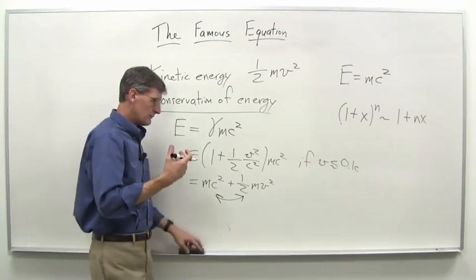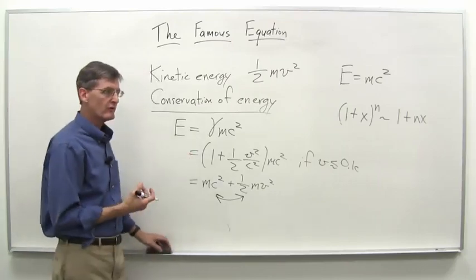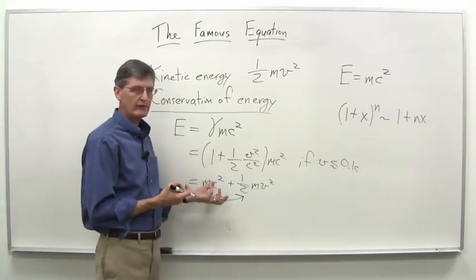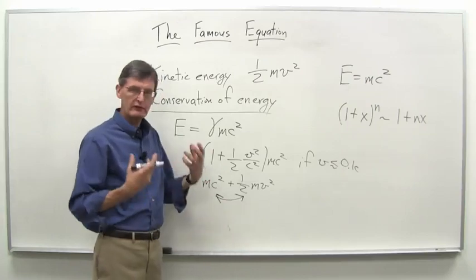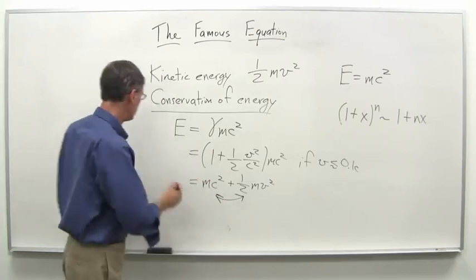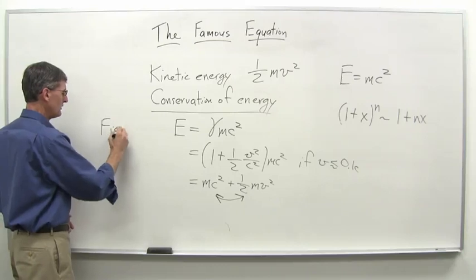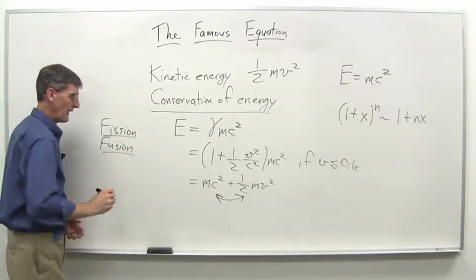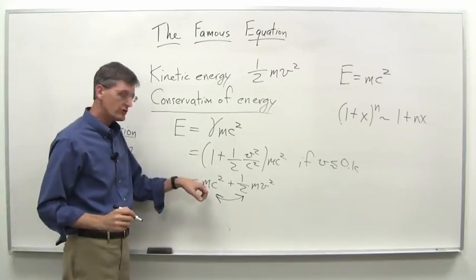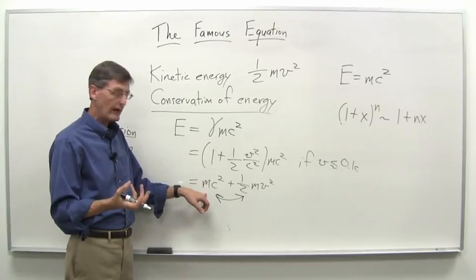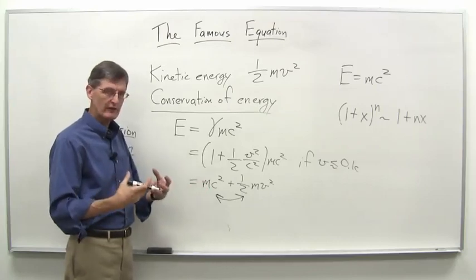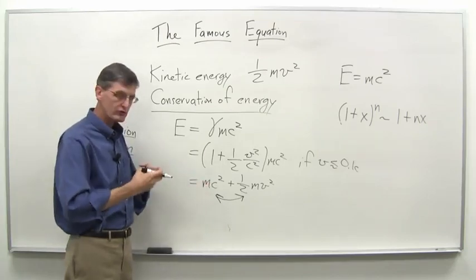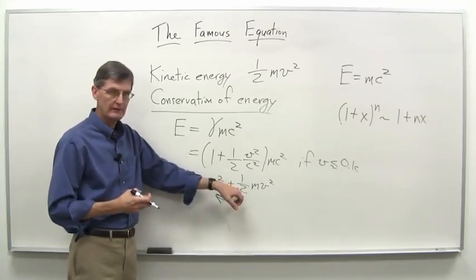And again, we don't have time, unfortunately, to go into all the details of this. But essentially, what it leads to eventually are things like nuclear fission and nuclear fusion. The idea is you can turn some just ordinary mass, which has energy locked up inside of it. It's really a form of energy. If somehow you can liberate that energy, you can turn that mass directly into things like kinetic energy.